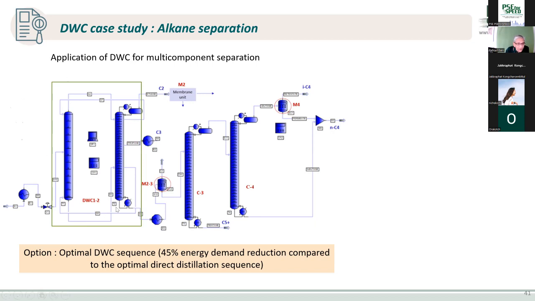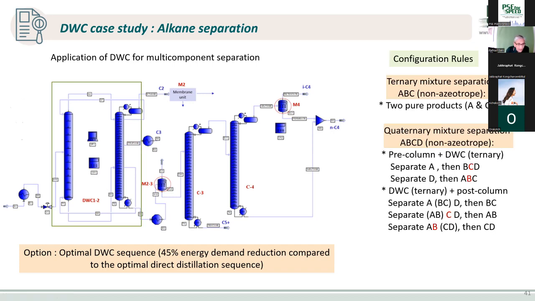From an operational point of view, the dividing wall column has two issues. Let me first show you the two issues. Is that the liquid that is coming to this column from the main column to the prefractionator, and that's the liquid, and the vapor that goes in here. These two, they have a minimum flow rate. If the flow rate is lower than the minimum, there will be no liquid or no vapor here, and then there will be operational problems.